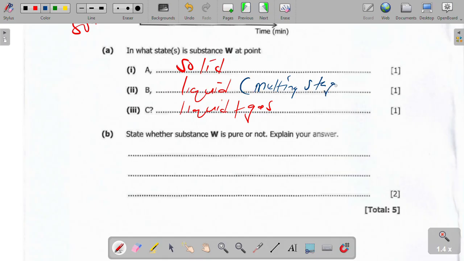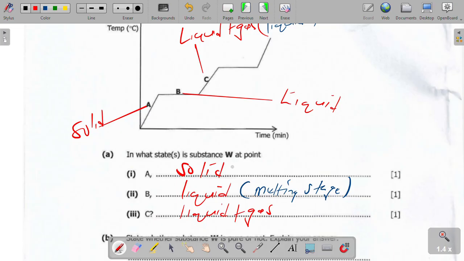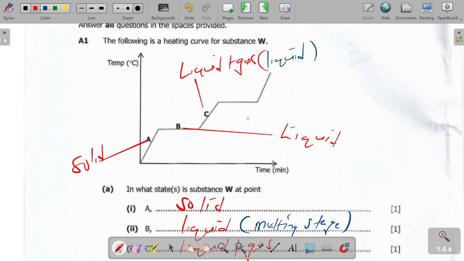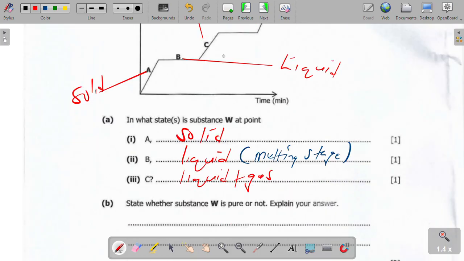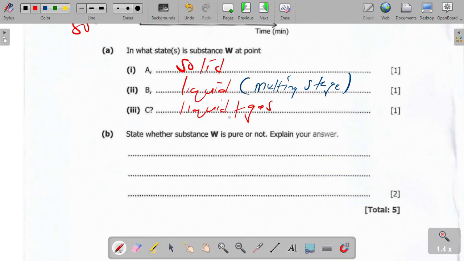So for you to know this, you must understand the heating curve. You see it has sharp melting points and boiling points. So we can actually say here